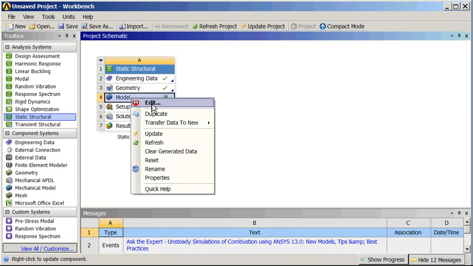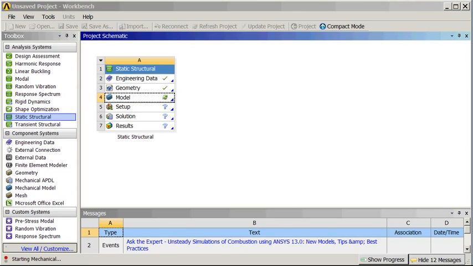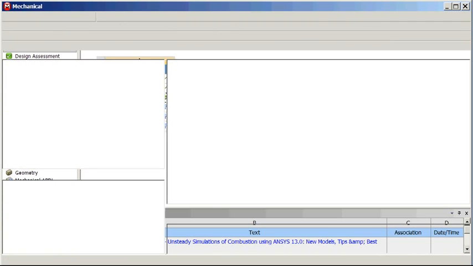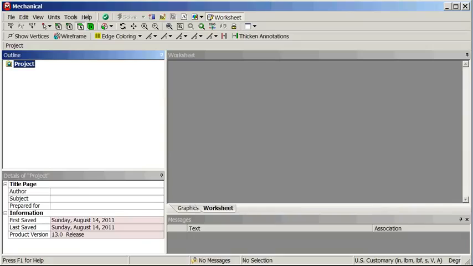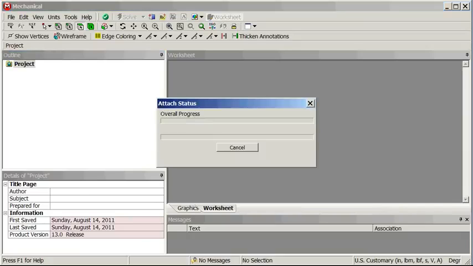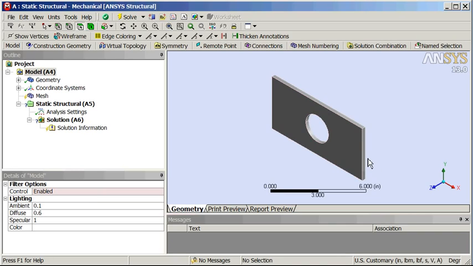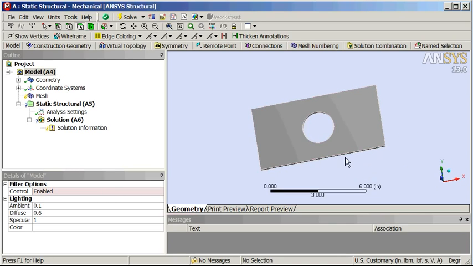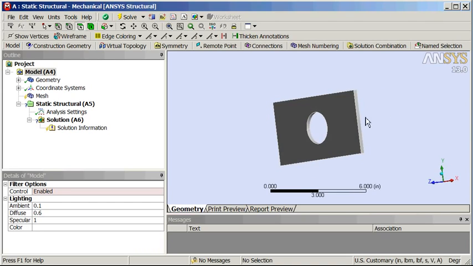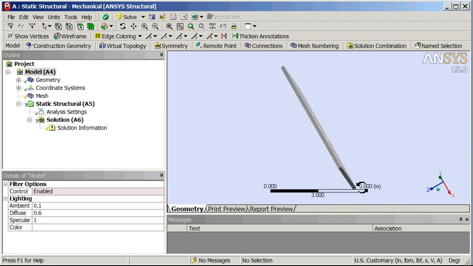Open mechanical, right click edit. Mechanical's opening up. So we have a plate, it's 8 inches long, 4 inches wide, with a 2-inch diameter hole, and it's 1/4 inch thick. And what we're going to do,